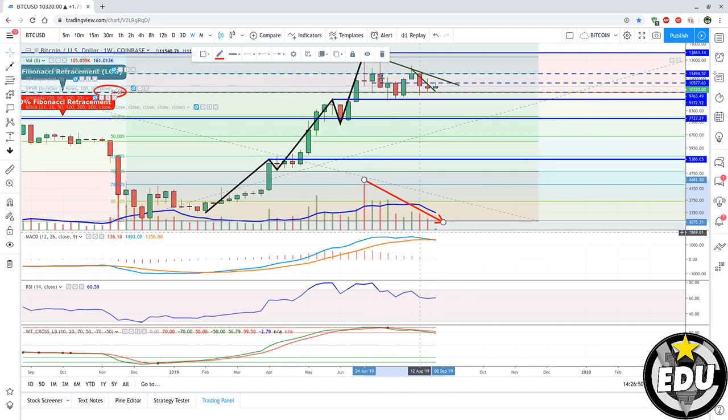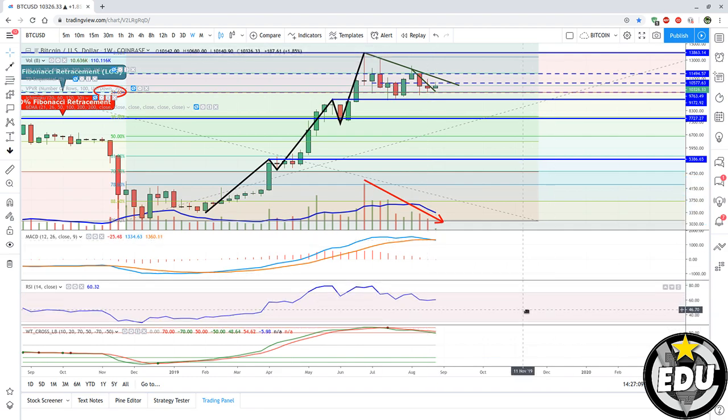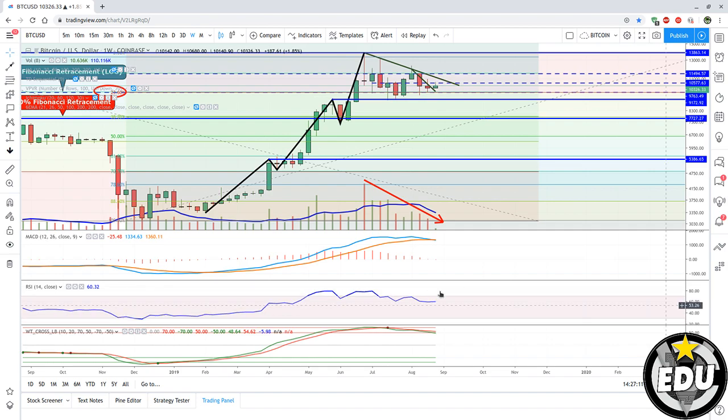So usually volume drops during a correction, consolidation or whatever. So I'm not going to say, okay, just because volume is dropping, we're going to dump. It's not like that, but I'm going to reinforce my bias with indicators. MACD, cross bullish. RSI reached overbought level with a double top, I would say, on the weekly,